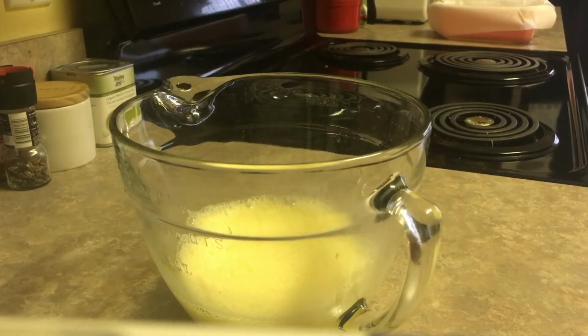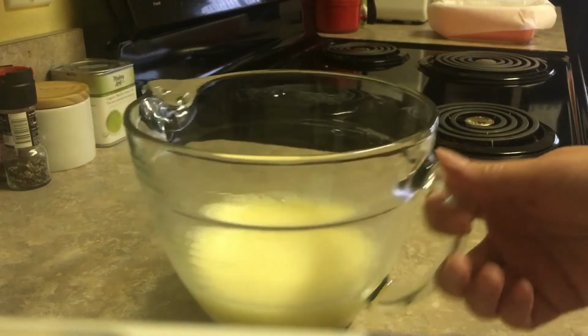Because from here on out, you want to be gentle with the rest of the ingredients that you're going to be adding. So with that said, we are now going to add to that egg our oil, milk, and yogurt. So let's do the milk and olive oil. It is 100 milliliters of milk, and my wet